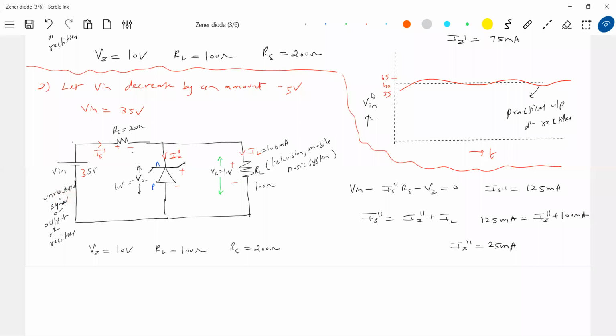So finally at this end, what do we get? Regulated output. So this is called a voltage regulator. What is the simplest characteristic? Current through the Zener diode though increases, but the voltage across it remains constant.